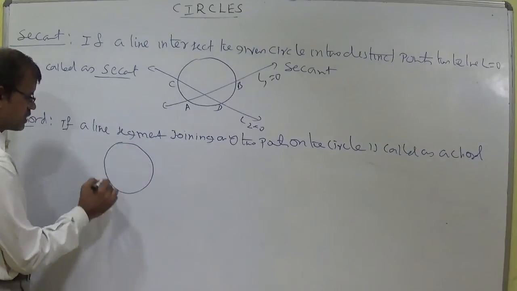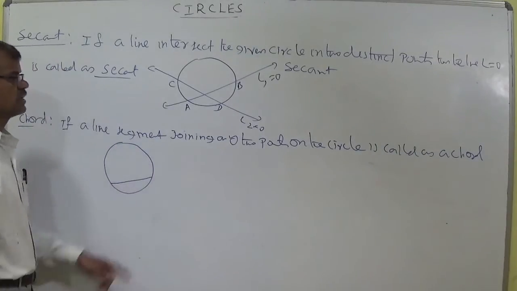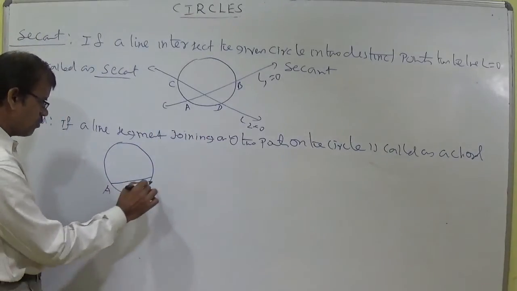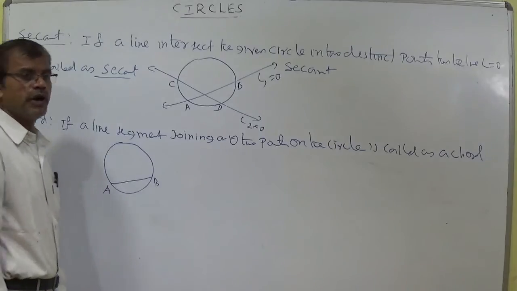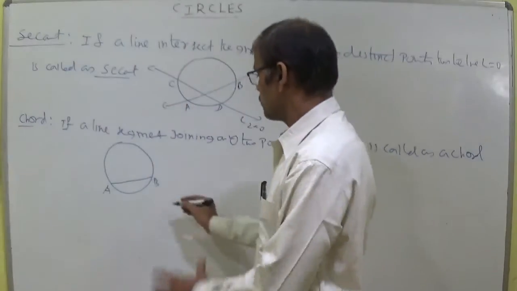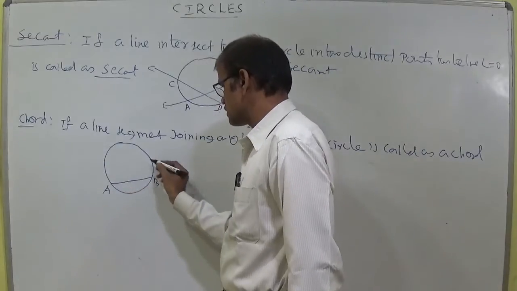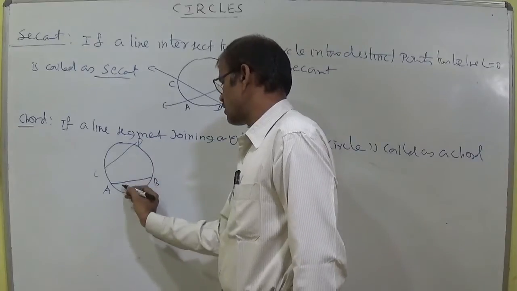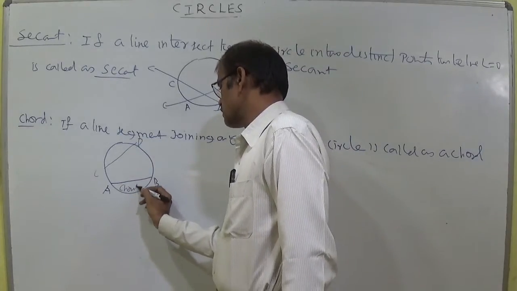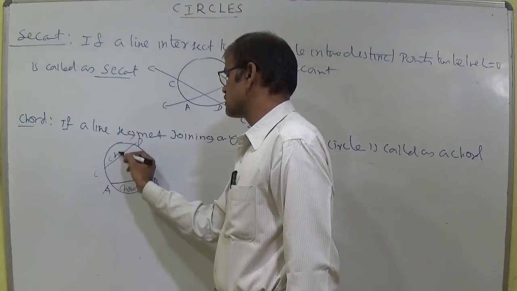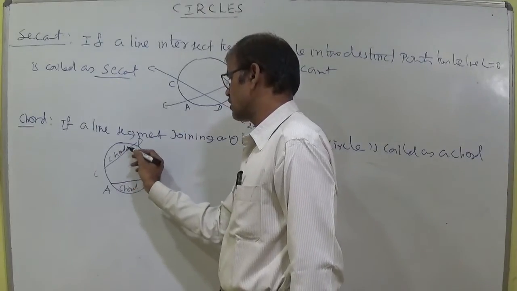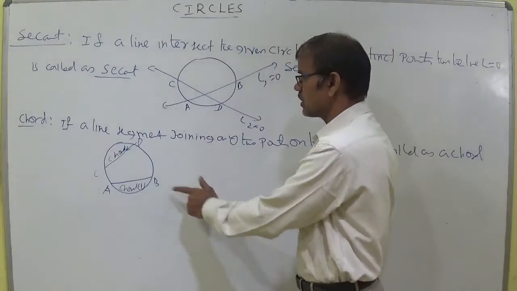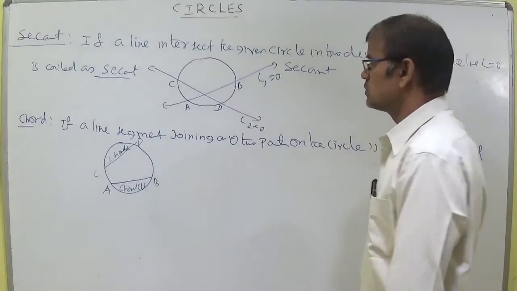What is the difference between chord and secant? A secant is a straight line which has no ends, and the chord is bounded by the two points on the circle. So A, B, this is a chord. Here, this is CD, this is a chord, that's all. This is chord 1 and this is chord 2. Don't get confused that a chord is a secant and a secant is a chord. AB is a chord and CD is another chord. This is a line segment and this is a line. This is a secant.